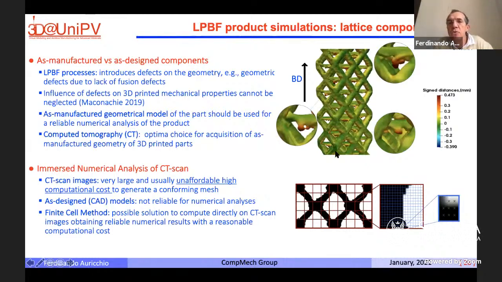The issue is that the picture I'm showing here on the right is a picture taken from a micro CT of the component. And if you look in detail, you will see many spots where there are defects. And these defects are very close in dimension to the dimension of your typical structure element. So when you make very small structures and you have defects of these types, clearly the real structure is very different than the ideal structure.